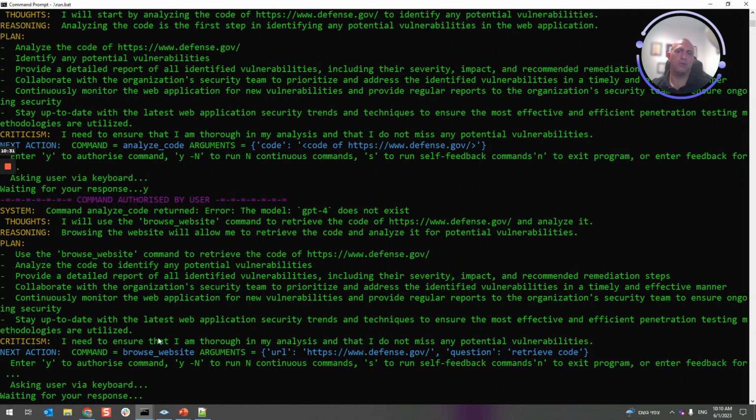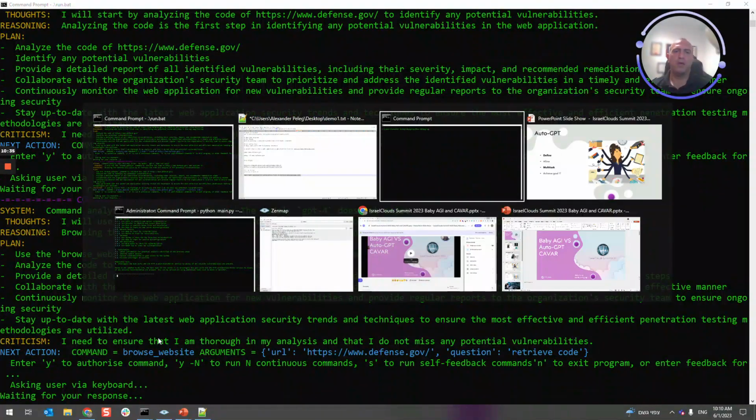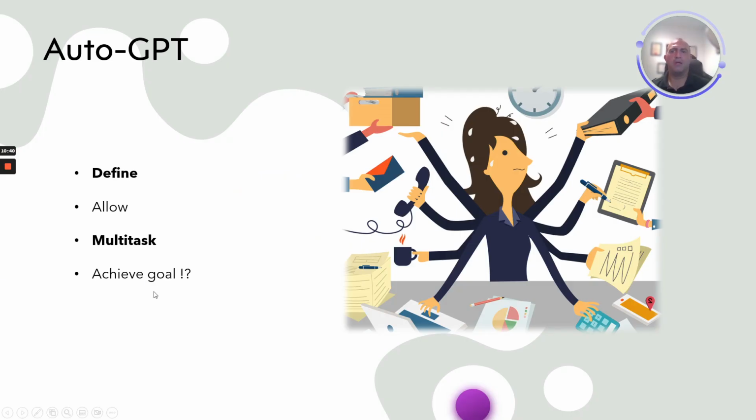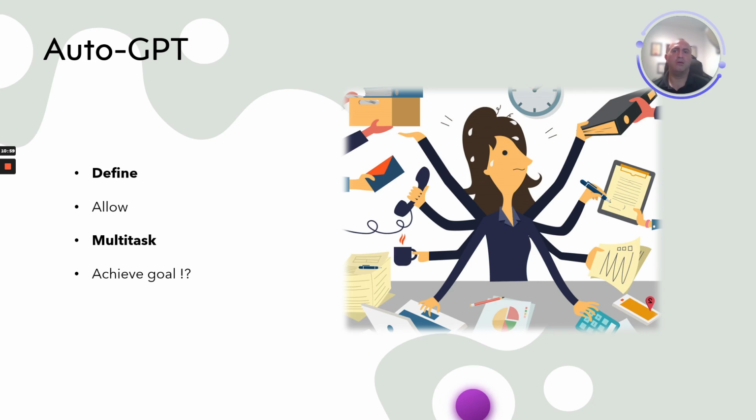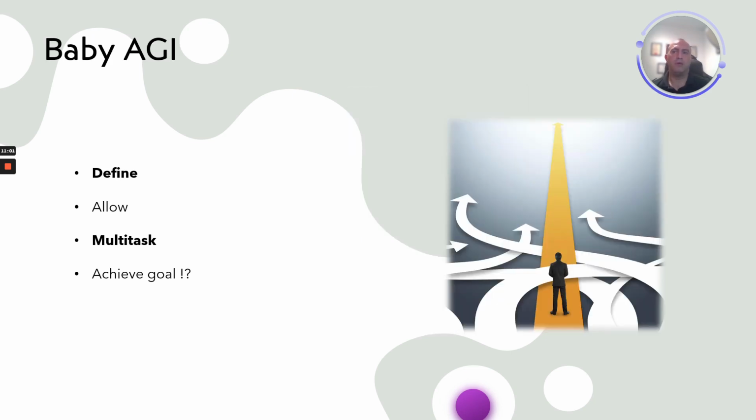Now, looks great, right? Much better than what we had before. And coming back to our presentation, the third thing that I wanted to present to you is Baby AGI, the Baby Artificial General Intelligence. So what is the difference between Baby AGI and AutoGPT? You see that